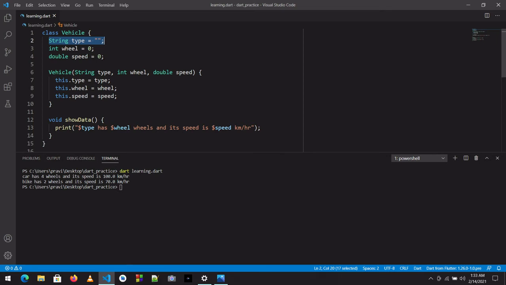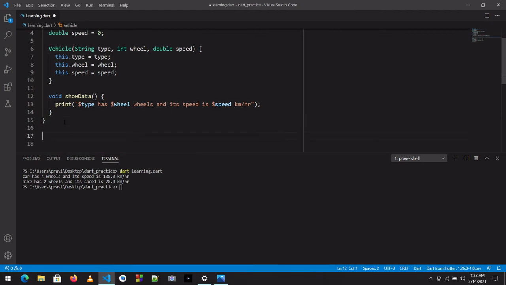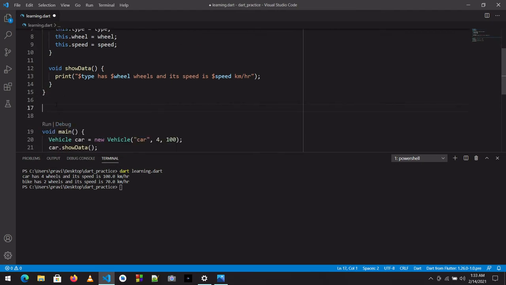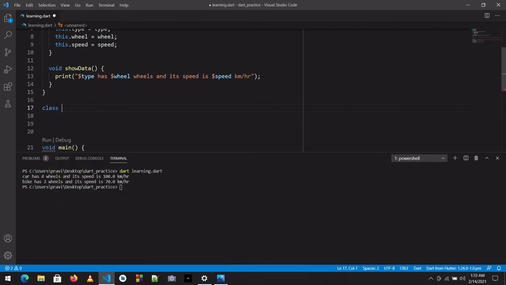So if we want to create that type of inheritance, we make one more class. For example, I want to create a class called Car. For Car, I will write extends, because Car is extending something from Vehicle.